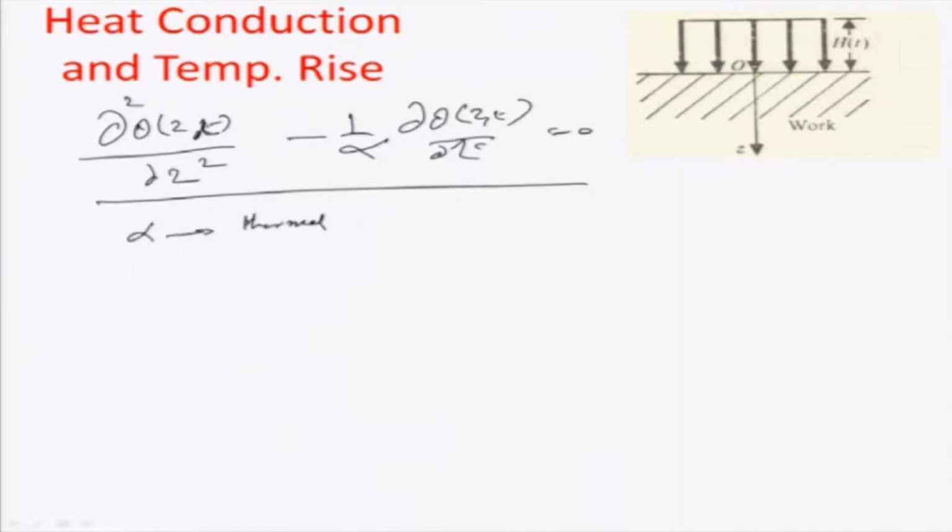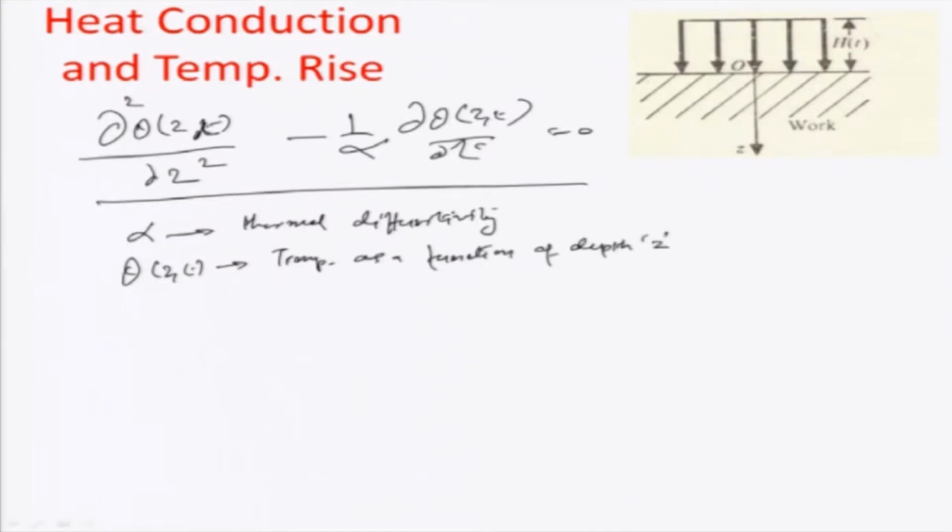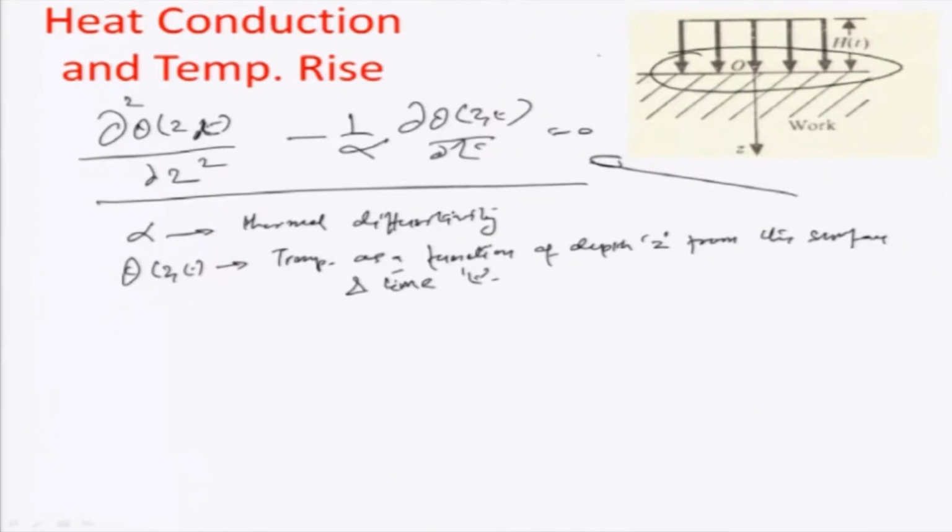Alpha, as we all know, is thermal diffusivity, theta is temperature as a function of depth z from the surface and time t. We apply some boundary conditions for estimating this equation on this beam workpiece interface, assuming that there is a constant heat flux which is coming through the laser beam into the surface, into the work material. So, the boundary conditions that are applied are